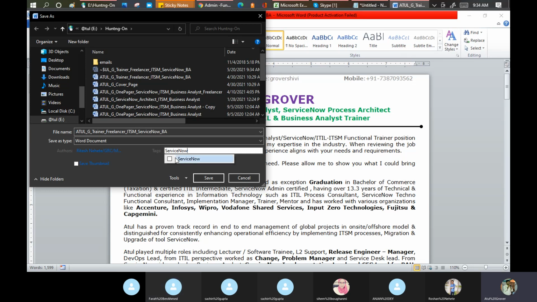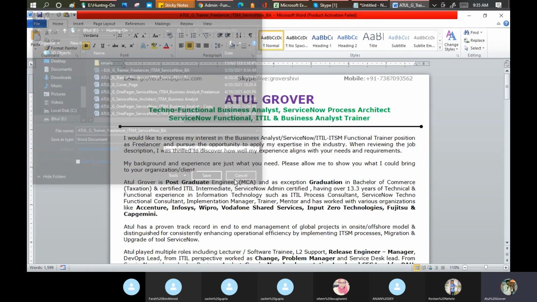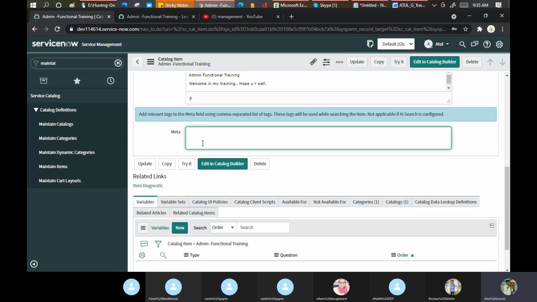It means when I share this document with any HR, and he downloads this particular file on the desktop or over email, and he searches openly in the D drive or E drive for ServiceNow, my document will come up on the display, because it is searched in this manner. That is the purpose of the meta tags here. So you can say request, you can say training foundation. This is one thing. Let me save it.